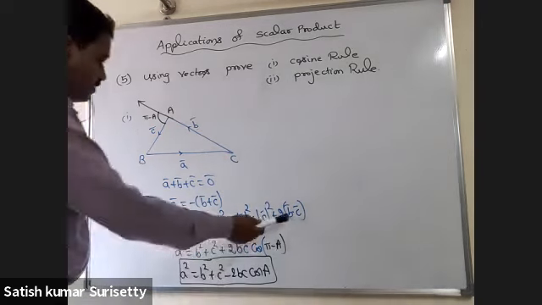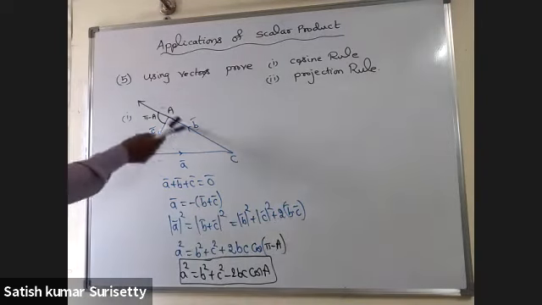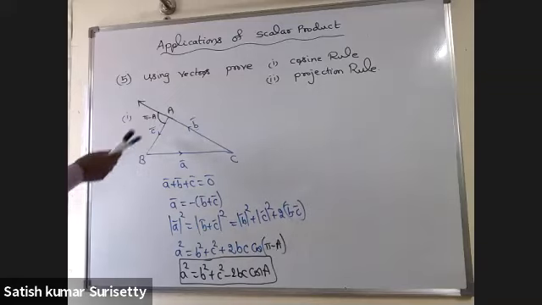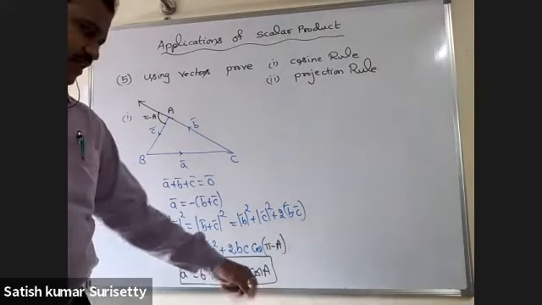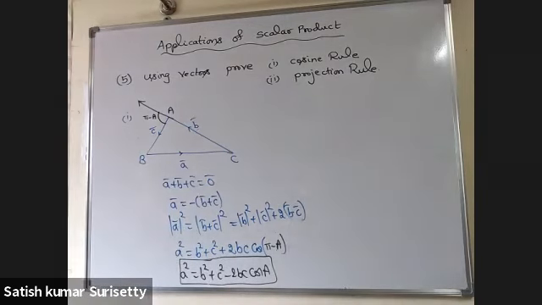The angle between B bar and C bar will be, B bar is in this direction and C bar in this direction. The angle between B bar and C bar will be the exterior angle pi minus A. Hence A square equals B square plus C square minus 2BC cos A.